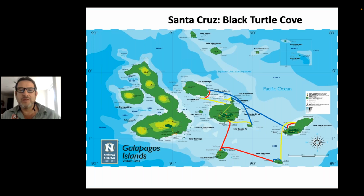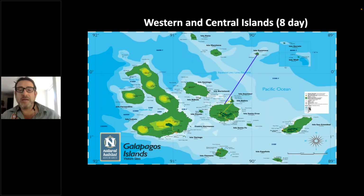Okay, so this is a trip to the Western Islands. And in this particular case, we land in Baltra, then we go to a south sort of beach called Bachas Beach, then we go to Genovesa. Then we come back to Bartolome and to the Chinese Hat. Then we come to Santa Cruz to go to our tortoise camp. And then we go to the Charles Darwin Station to see the little giant tortoises. And then we travel all the way to the west,